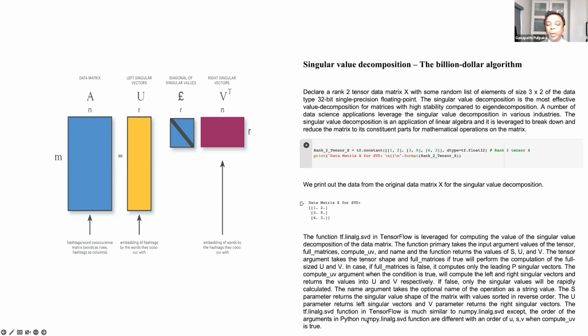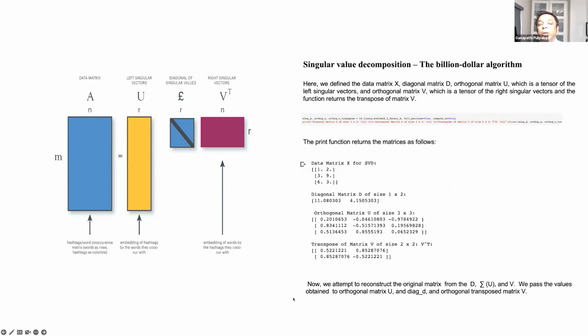There is also a numpy function that was updated in recent times, numpy.linalg.svd, but the calculation is much simpler in TensorFlow. Here, you simply pass the tensor and then you get the return parameters. There's a little bit more processing involved with Python, and a manual computation is required as well. But for now, we're going to go with TensorFlow.